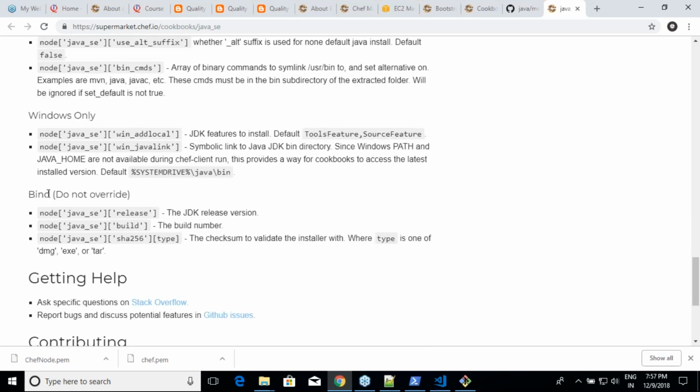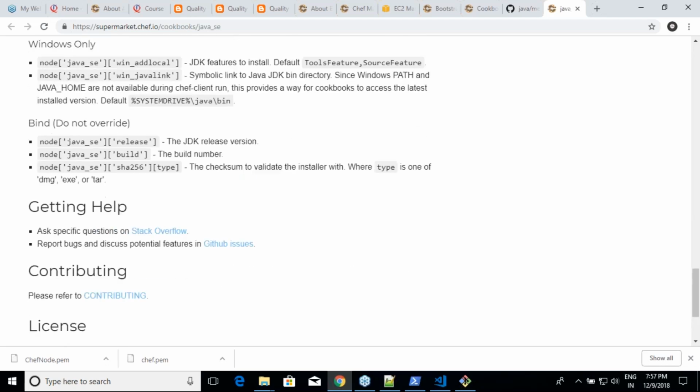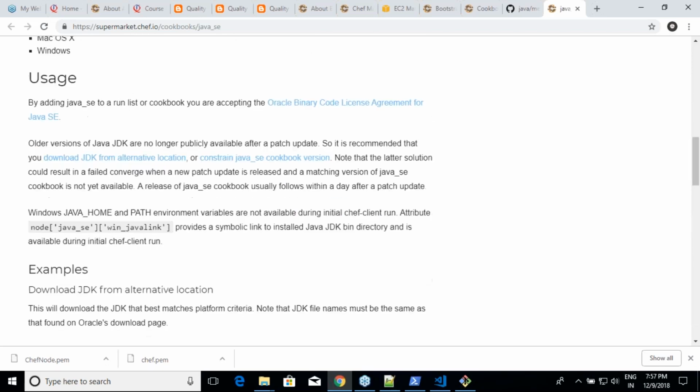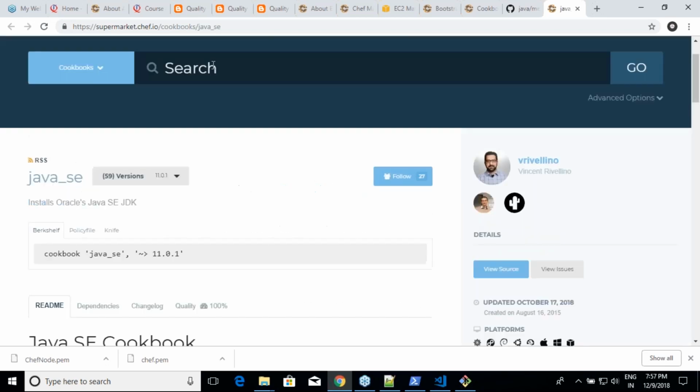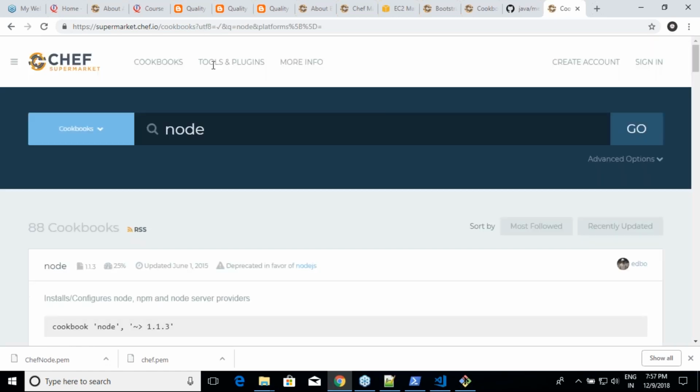Yeah. So what we'll do is, in the next class we will install Java, we'll install Tomcat, and we'll do Game of Life, but this time using Supermarket cookbooks, right? Supermarket cookbooks are what I have looked into. But what I want you to also try is, take Test Kitchen and try to install Node.js also. Try to see if there is any cookbook which speaks about Node. Are you seeing Node?